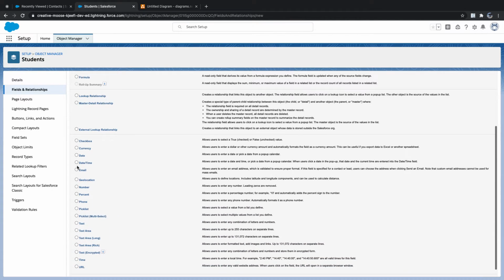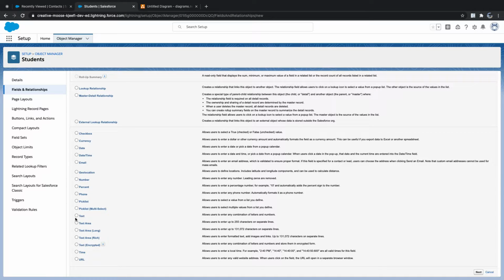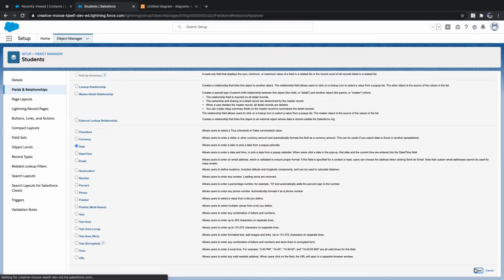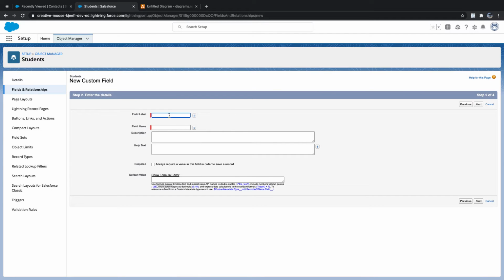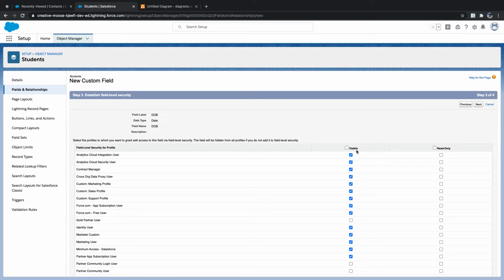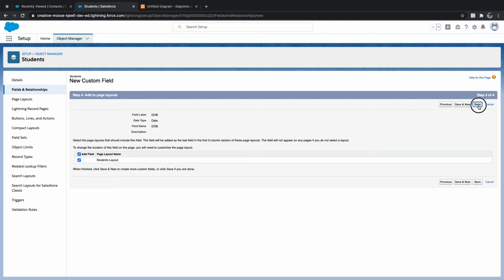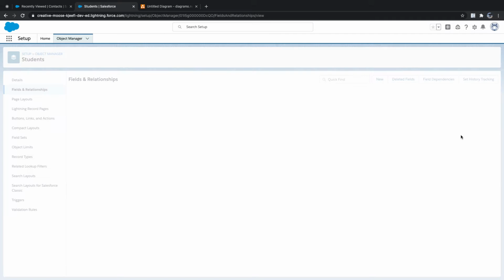Now if I want to create a date field, where is date? Here is date. And I'll say date and I'll say DOB, date of birth, and I'll say next. See, there is too much time I need to spend, right? Next, and I need to add to layout, and I saved it.